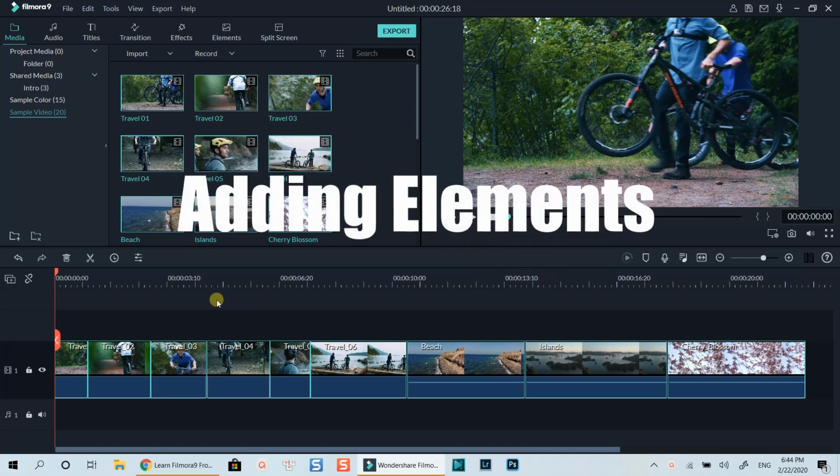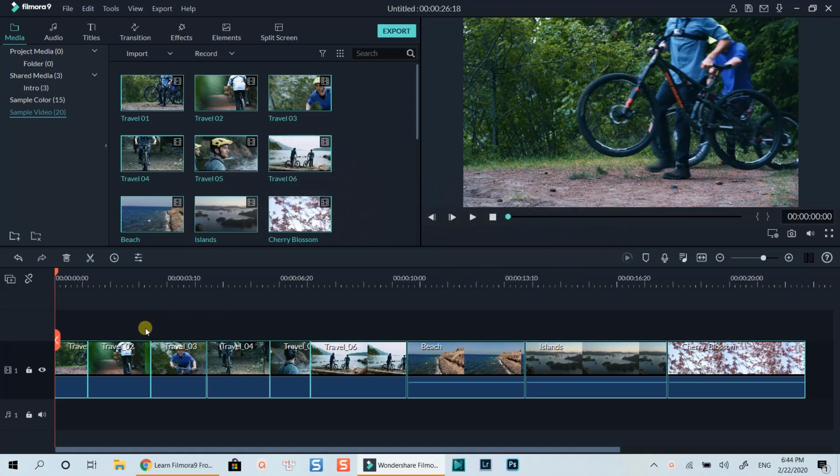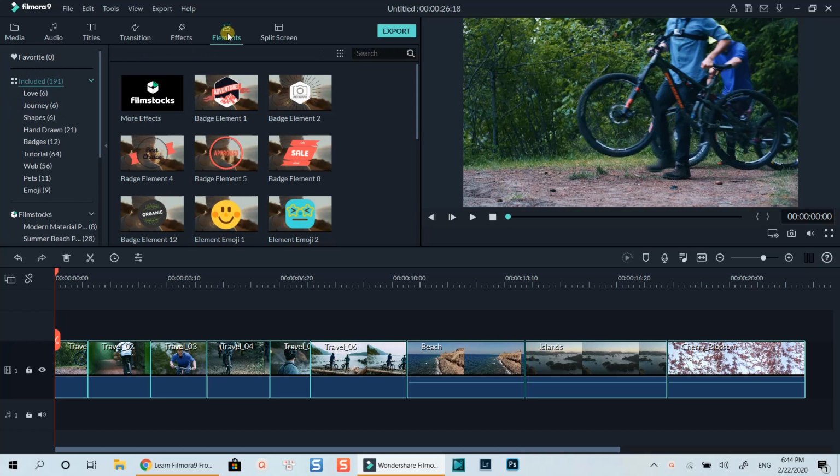In this tutorial, let's learn how to add elements on your videos in Filmora 9, and how to control that element once it's added. In Filmora 9, the Elements tab is one of 7 main important categories. You can find this tab on top of the editing window. This Elements tab contains a large number of elements which you can easily overlay on your video by drag and